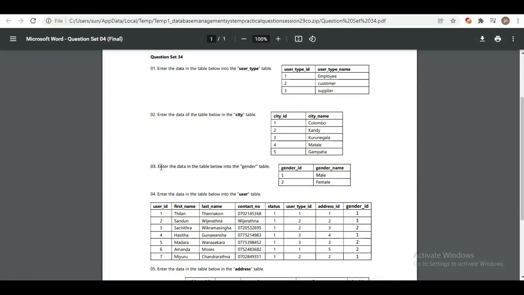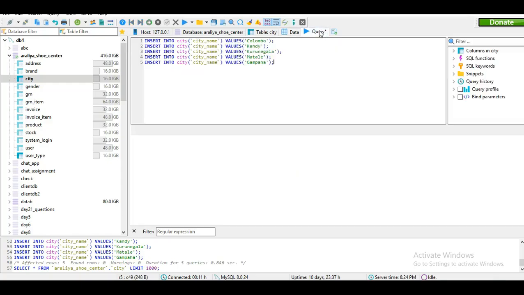And now in the third question, I've been told to enter data into the gender table. For that, again I'm going to first go to HeidiSQL, then go to the query section, erase these queries and then type insert into gender, and after that in between the brackets I need to